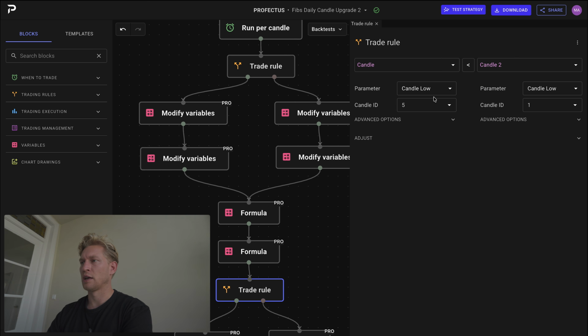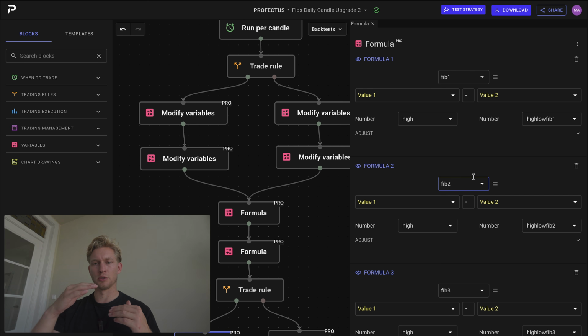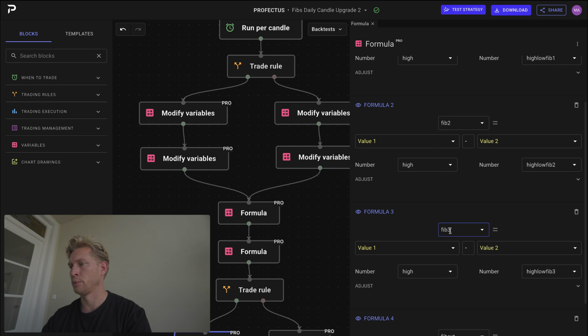Then we're going to check, is the candle low 5 lower than 1? So we check again, are we in a bullish or bearish impulse? If we are in a bullish impulse, so the low 5 candles ago is lower than that of 1 candle ago, we have a different formula to calculate Fibs, because for a bullish impulse you calculate your Fib retracement differently than with a bearish one. How the bullish one is calculated: high minus high-low Fib, and then you have the Fib 1 level, that's 0.382. Fib 2 is 0.618,